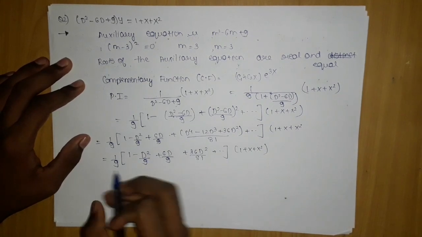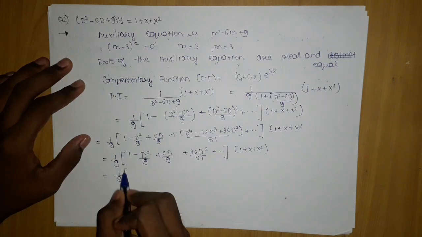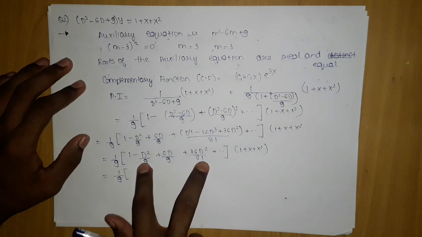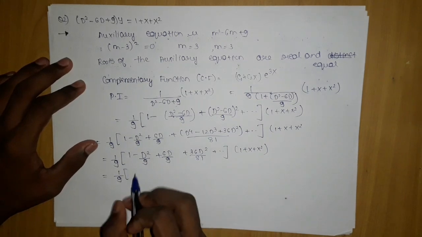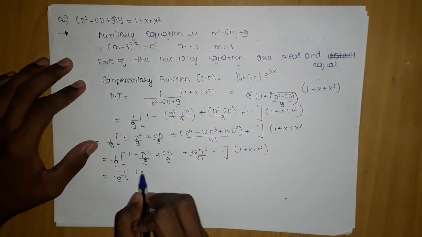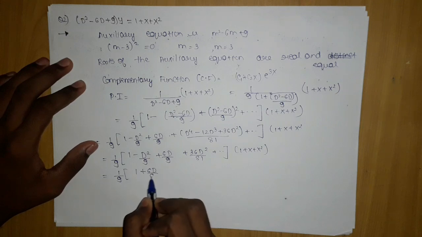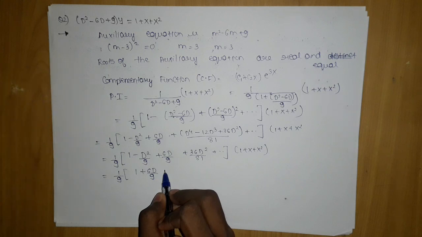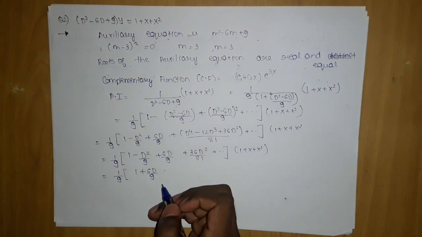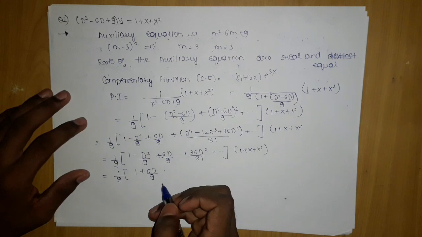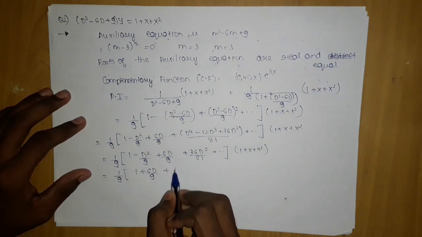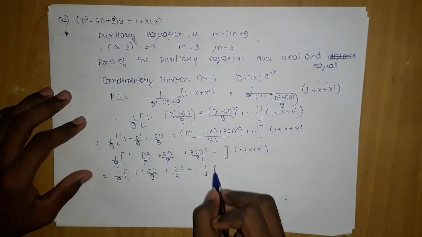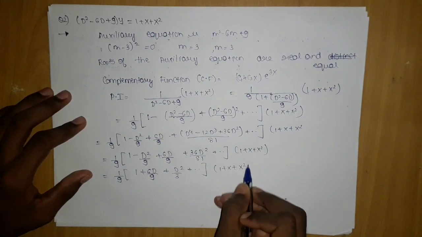Now try to just add on whatever is there, because we know in D all the algebraic properties can be applied, so we can add them. We will write it 1 plus 6D by 9. This will be 1. If they add on, we will multiply the top by 9 and we will get something like plus D square by 3, and so on into 1 plus x square.